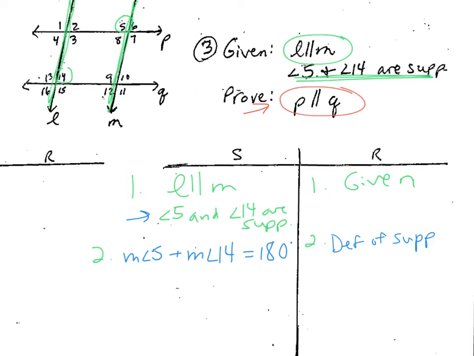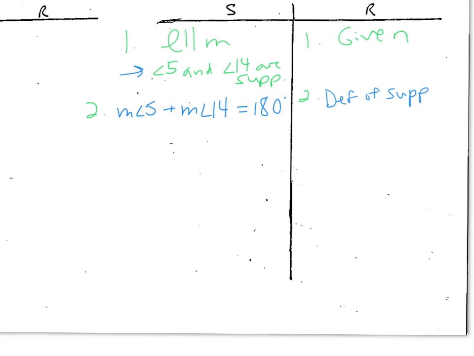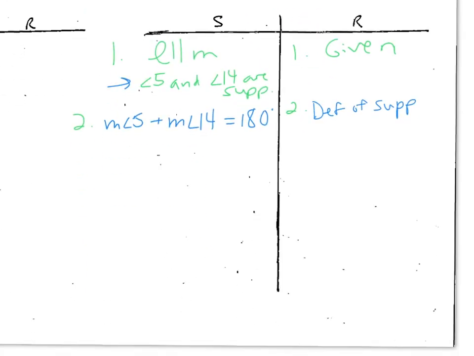It tells you that if you have a pair of consecutive interior angles that are supplementary, then you do know that the lines are parallel. So I'm looking right now, well, 14 is a consecutive interior angle with 3. 5 is not a consecutive interior angle. And again, I'm limiting myself to just looking at either 5 or 14. So 14 and 3 are consecutive interior angles. If we jump down here, I'm thinking right now, hey, wouldn't it be cool if we actually knew angle 5, not angle 5, angle 3 and angle 14